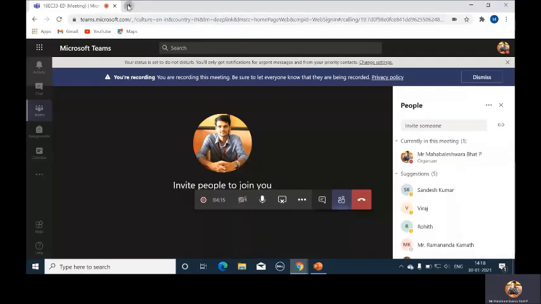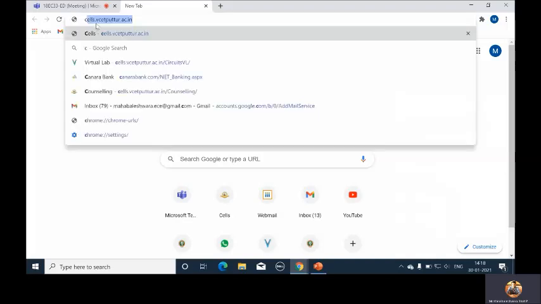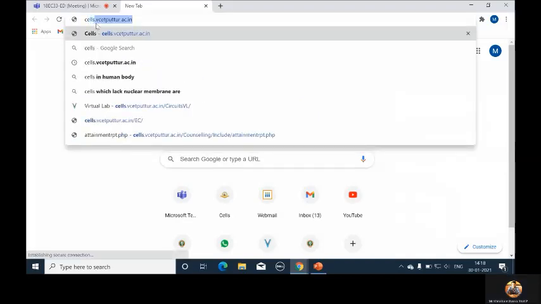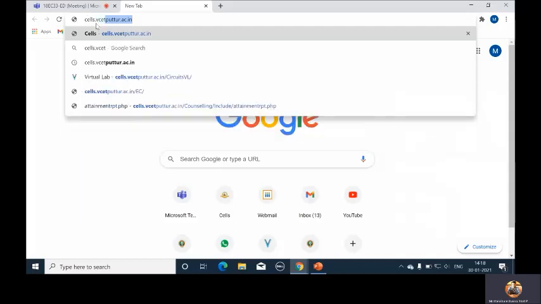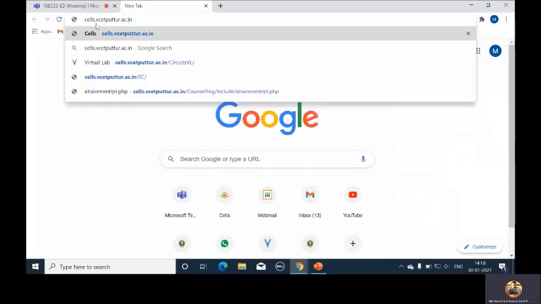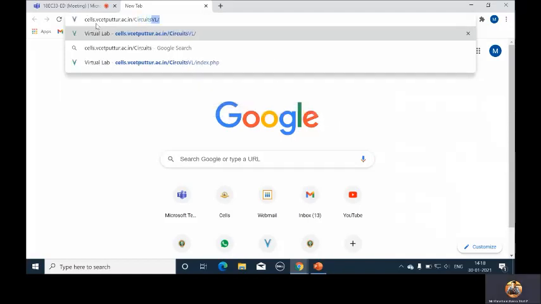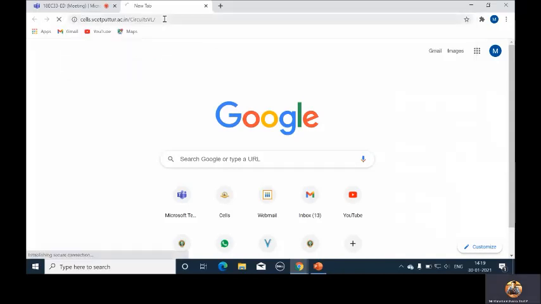Select new tab, and here you type cells.vcetputtur.ac.in/circuits, with capital C in circuits, then VL, capital V, capital L, slash. Next, press enter.